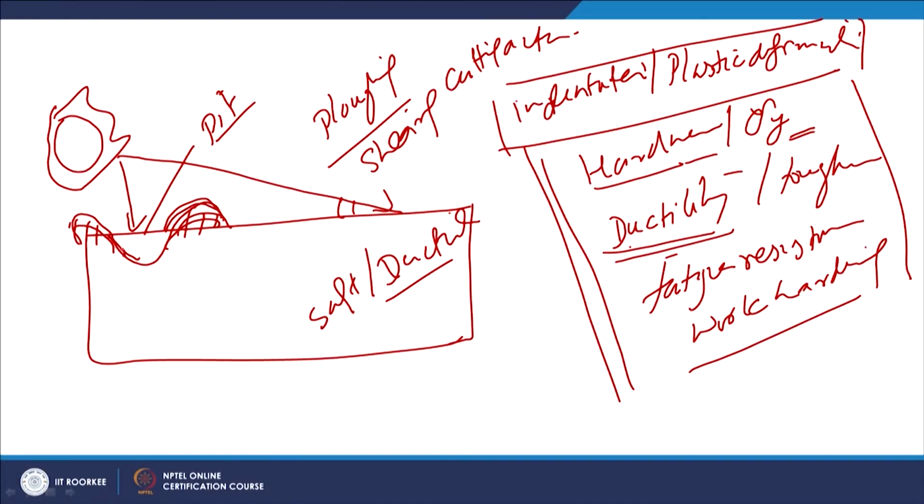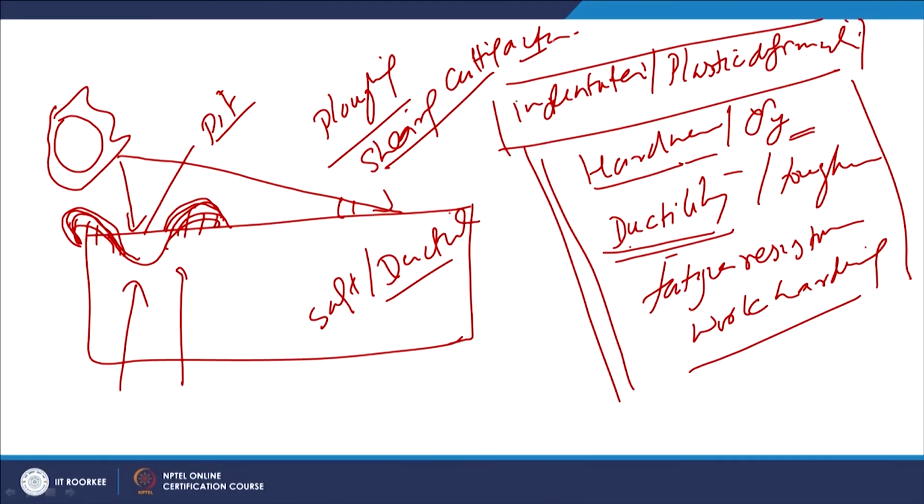So, this is the case when primarily sidewise flow takes place, and subsequently, with the continued action of the impinging particles, the material will get work hardened. Then it will also experience fatigue action due to the continuous impingement of the particles, and eventually when it loses its work hardening capacity, cracks will develop and the material will be removed. But the removal of the material in this case is not at as high a rate as compared to the case when the soft and ductile material is subjected to impingement by the erosive particles at a low angle, and the material is removed by cutting action through shearing.